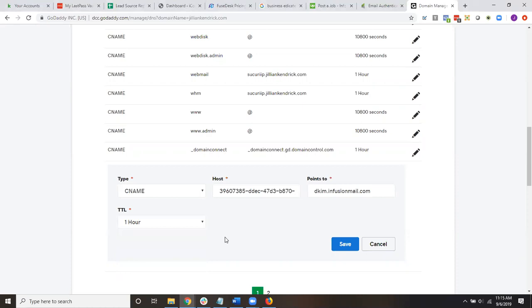But that looks good. I don't think that this happens in GoDaddy, but in some other hosting systems like HostGator or others, I've seen it where we put the host in according to the instructions, we put in the points to, and it doesn't work. But if we flip-flop them, again, not in GoDaddy, but in another hosting site, and this could be applicable here as well, if you try this and it doesn't work, flip-flop these two, save it again, and then see if it authenticates. So we would go ahead and hit save,